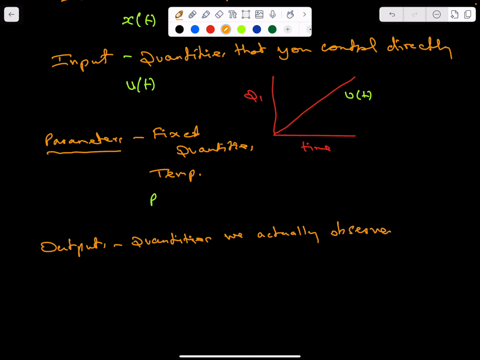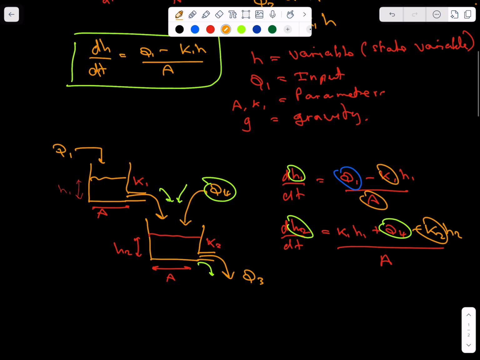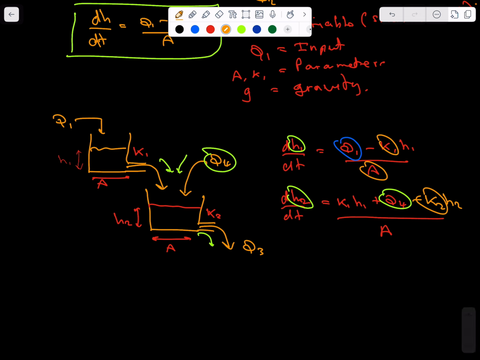You may have state variables in your model that you can't actually observe, or the way you observe them means they're not exactly proportional to the state variable itself. That doesn't happen perhaps too often, but for example, when I'm measuring the height of the water, I'll be using some kind of